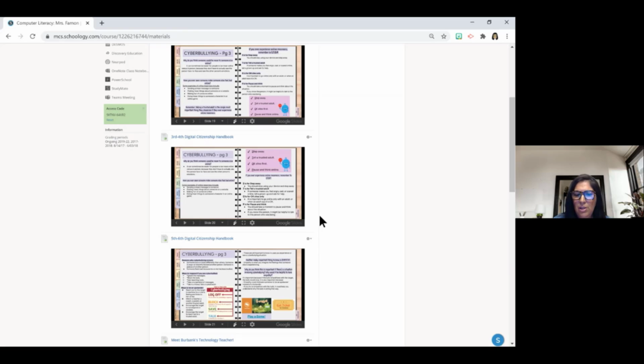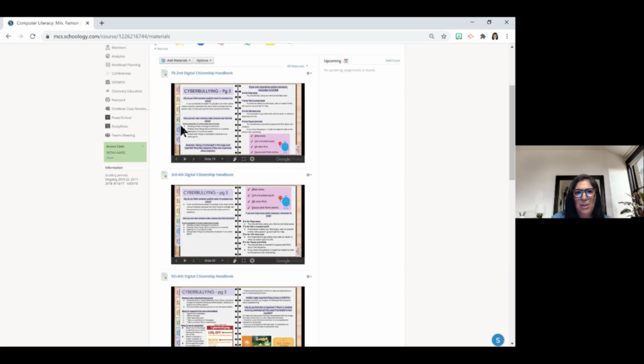Another reason for creating a digital handbook and embedding them into the Schoology course would be for family reference. So students could show this digital handbook to family members who don't know how to create, for example, a strong password. I gave this lesson to a